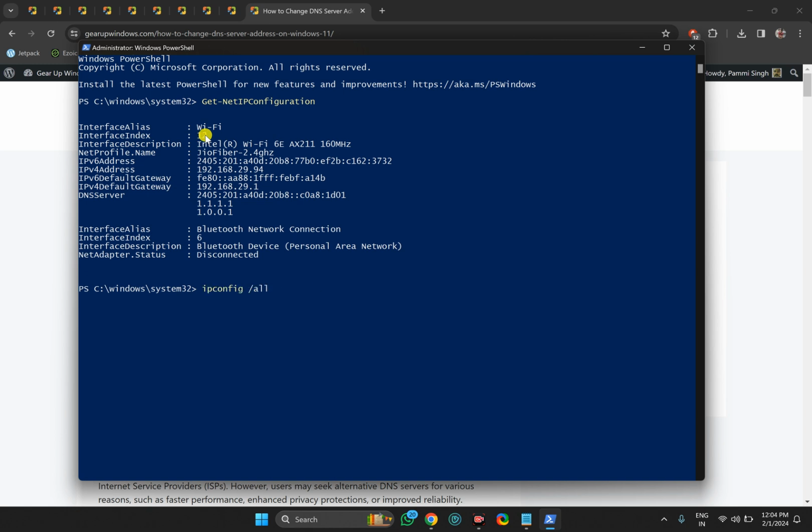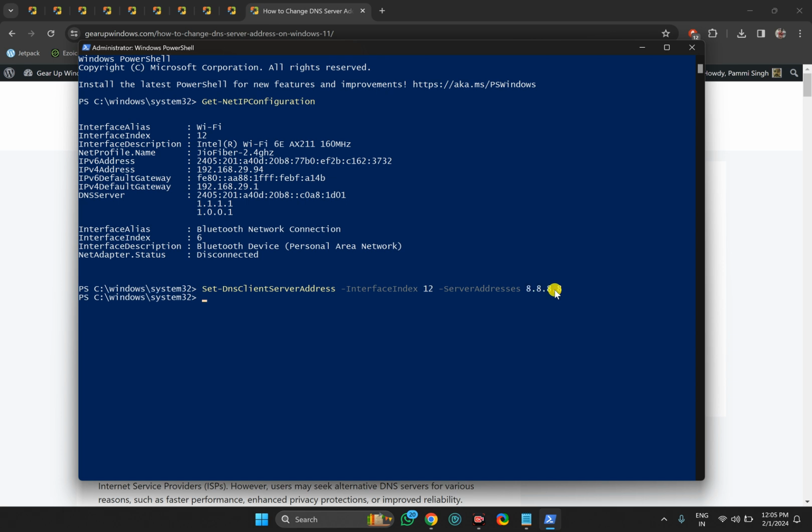After that issue the Set-DnsClientServerAddress command. Like this you have to set it, and you need to replace the value 12. On my PC it is 12. On your PC it may be something else. Just change it, and then you need to change the IP address to your preferred DNS address and then press enter on the keyboard.